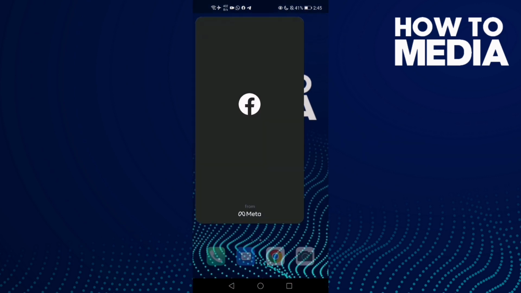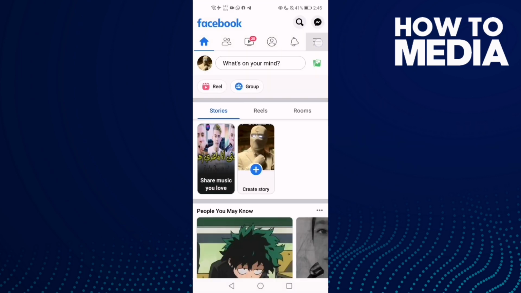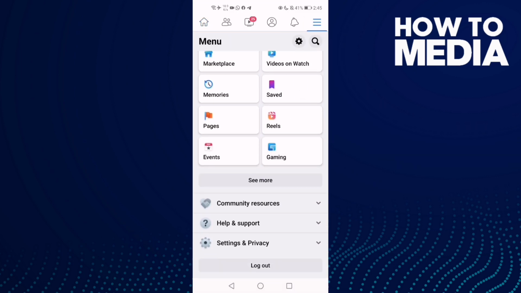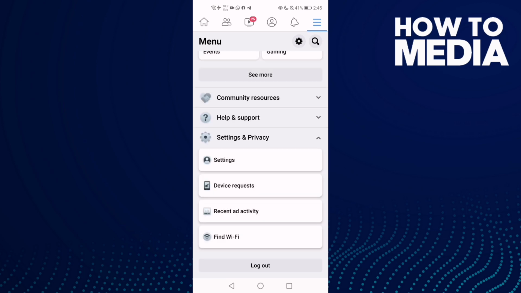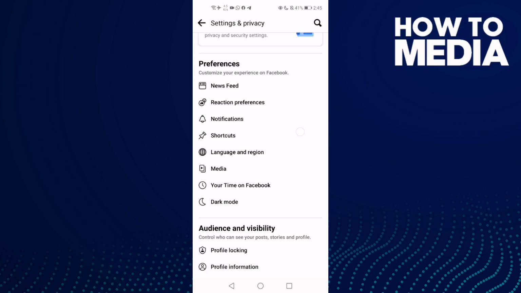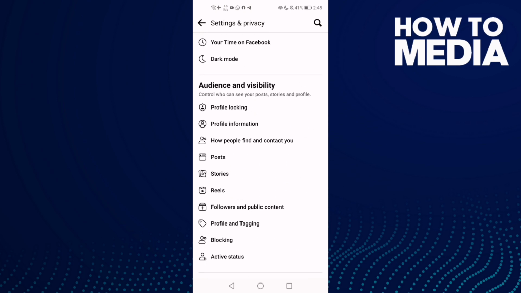First thing, go to Facebook and click these three lines, and go down until you find Settings and Privacy, and then click Settings, and now click Posts,